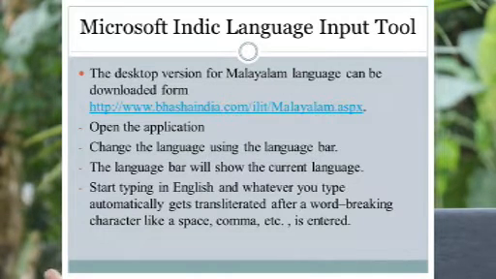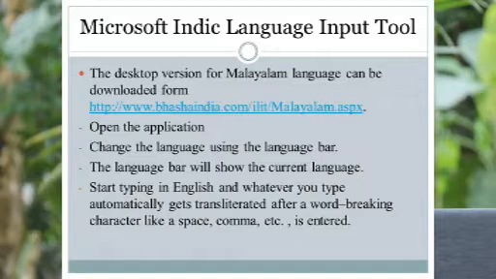They provide a list of languages, and according to that you can select the particular language. If you want to select English, you can click on English. If you want to select Malayalam, you can click on Malayalam.